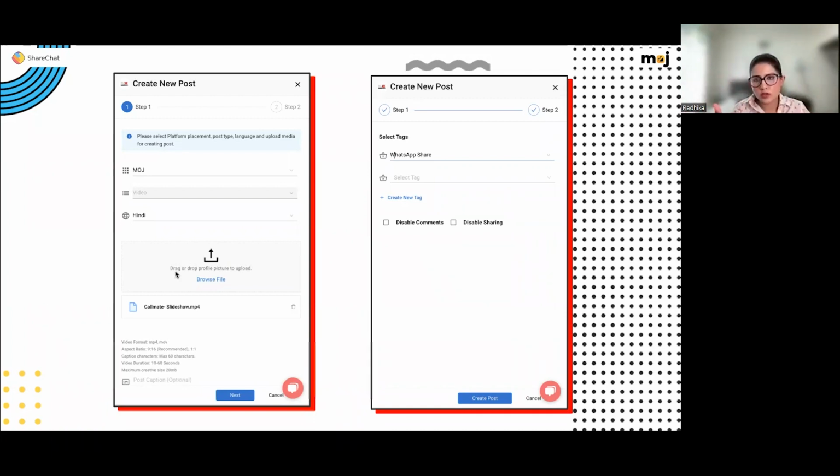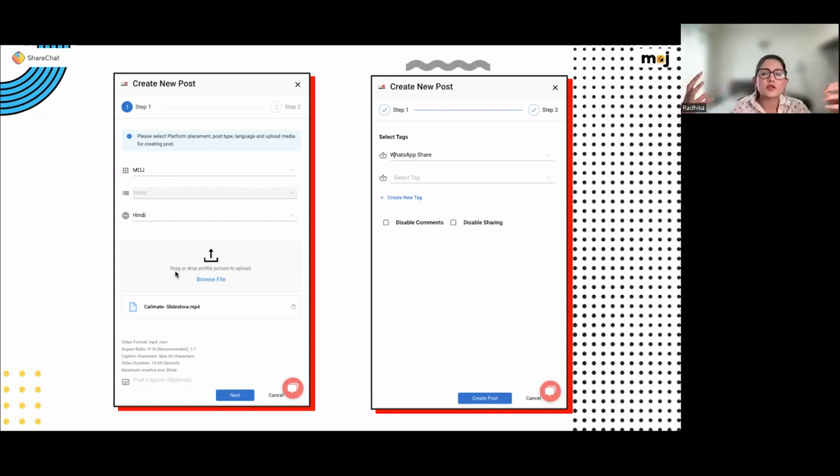Now, the next step, on the right-hand side of the screen, step 2, is where we select tags. And there's also the capability of creating tags. For all of our avid ShareChat and Moj users, I'm sure you know the relevance and importance of good, rich tags with each of your posts. What these tags do is essentially help you target all of those audiences who have clicked on these similar tags, who have searched for similar keywords, who have checked for updates from these tags, etc.